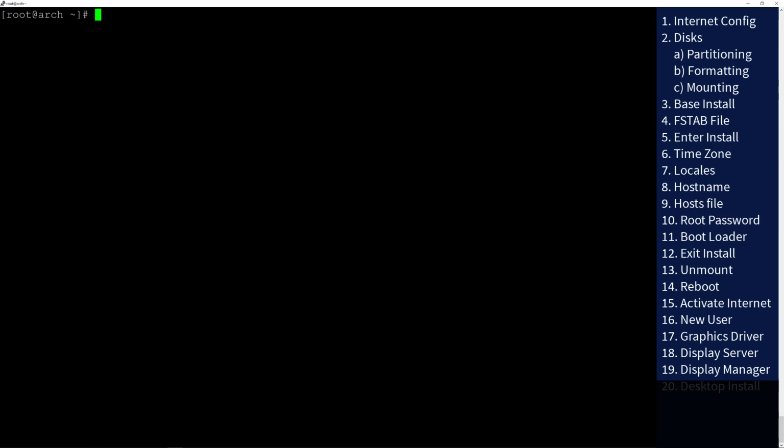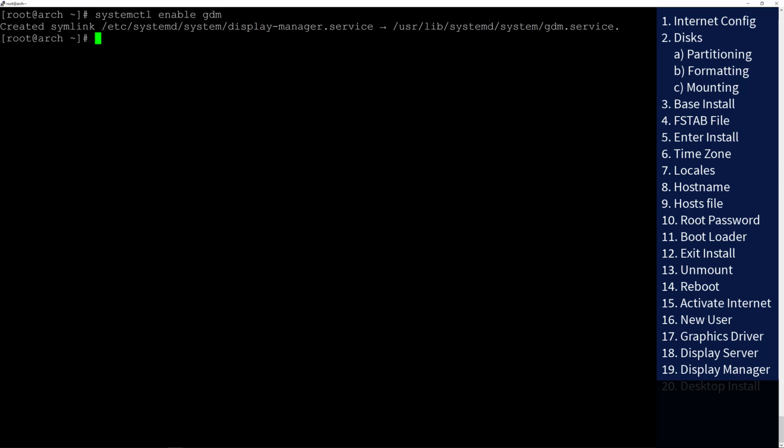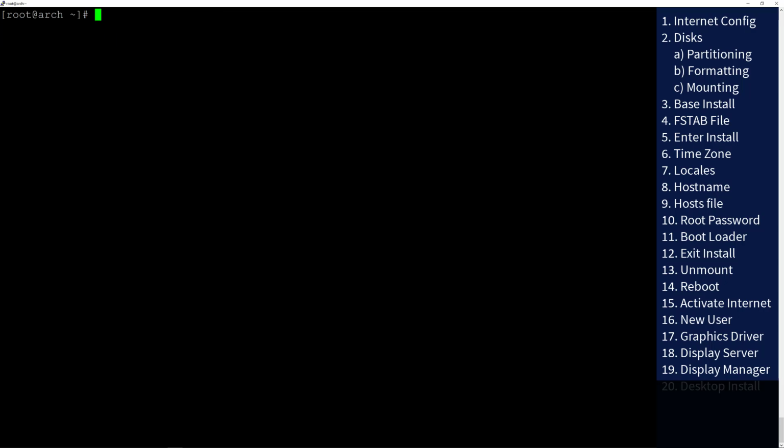And we need now to enable the display manager by typing in systemctl enable. In my case, gdm. If you installed SDDM, you will replace it here with sddm and hit enter, so that the display manager is going to be started automatically when we reboot the system. Last but not least, we can install the desktop environment. So let's type in